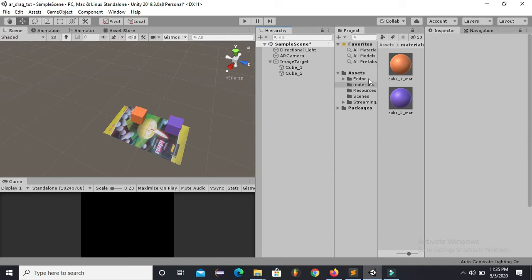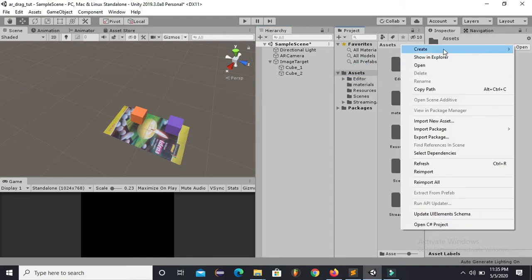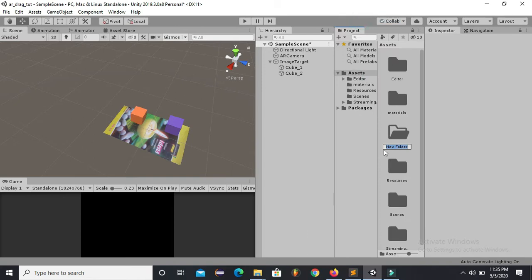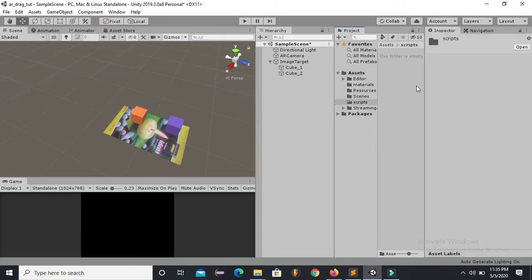Now we will add some script so that we can drag these two objects when we touch on the screen, or when we use a mouse click. So in the scripts folder, here I will put my script.